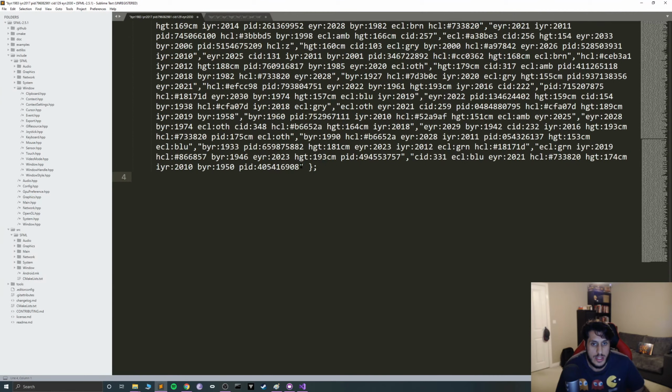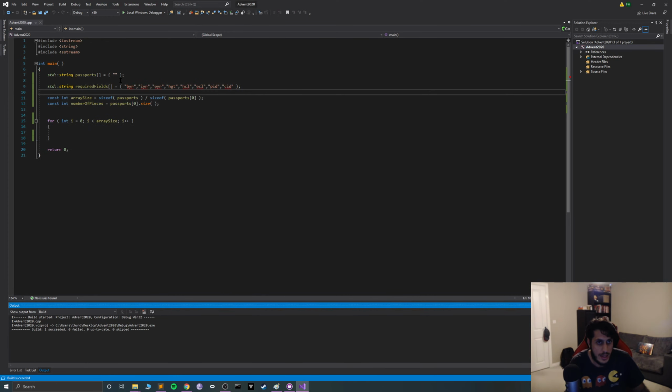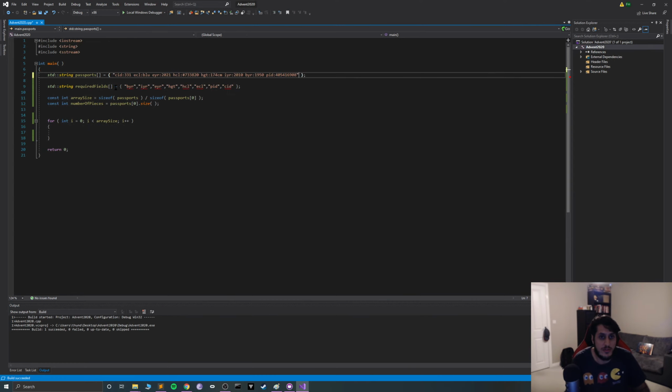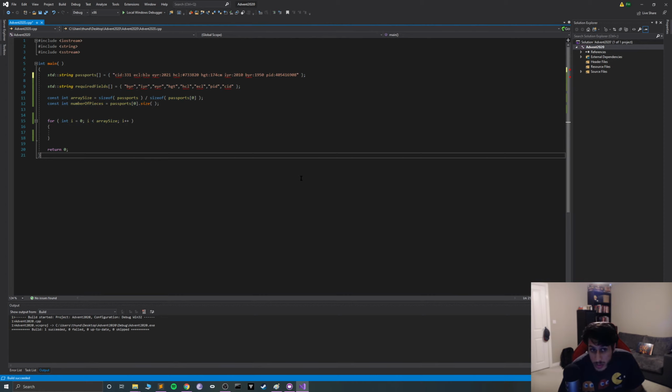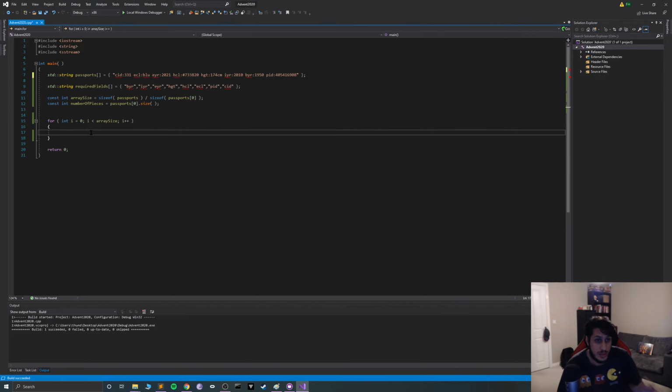If I just got an example one like this one, and I put it in here just so I can see the format of one. So they're all separated by spaces now. That's cool. So each one, I'll get each one. So I'll have each passport. Then over each passport, I want to